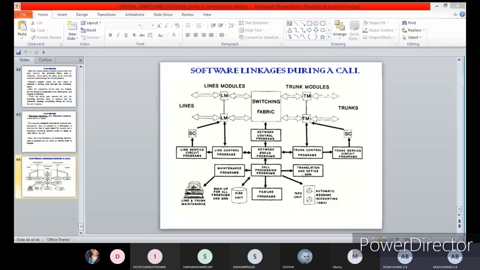Then the call processing programs. The call processing programs are responsible for processing calls, counting calls, and message waiting indication.